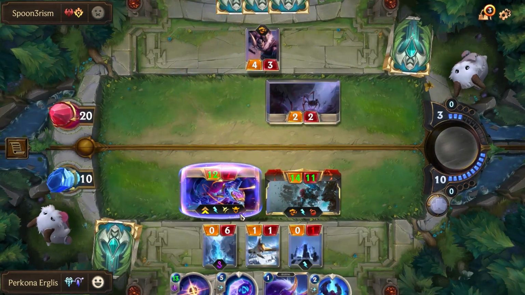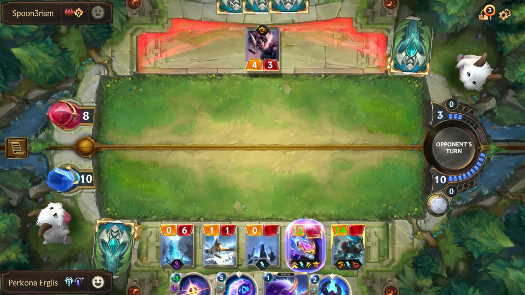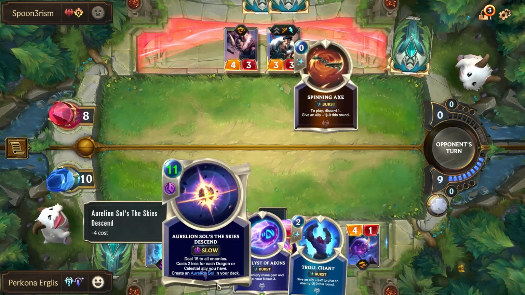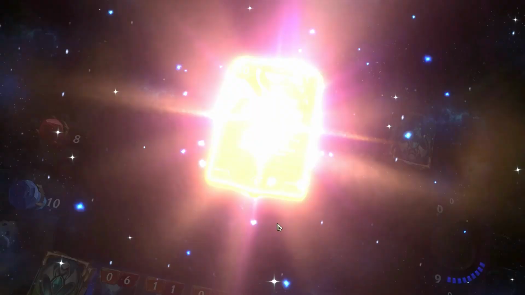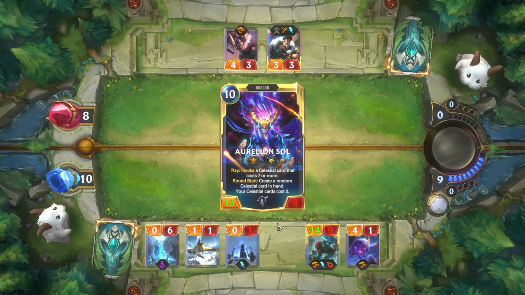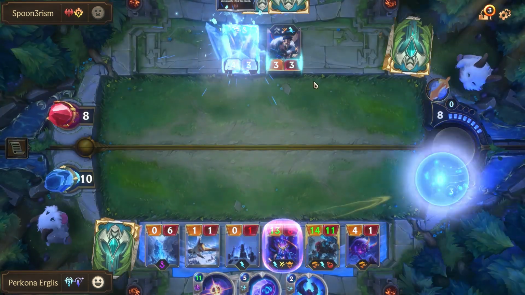No way. Nice. Okay, so he gets Draven. We're going to put down our Charger here. We're going to get our level up. I'm the forger of stars. I'm not going to use Catalyst of Aeons because that's burst healing. That can surprise him, so...